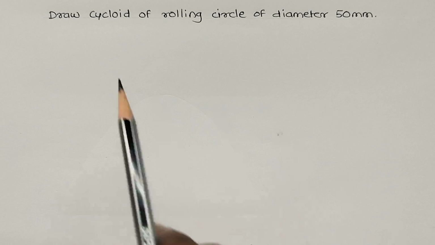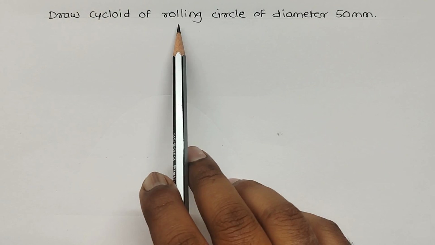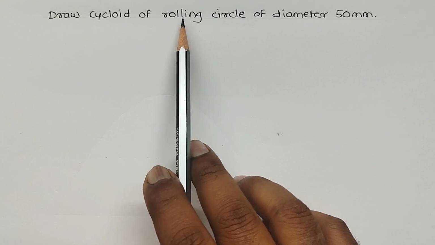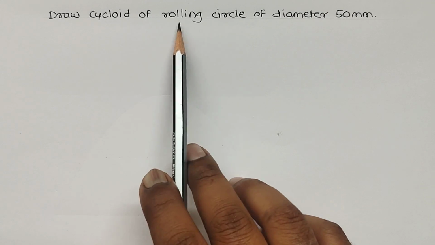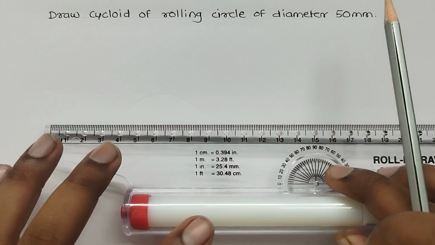Today we will learn to draw cycloid. Cycloid means the rolling circle, and I need to plot a point on the rolling circle itself. Here rolling circle diameter is 50 mm given. So for that,